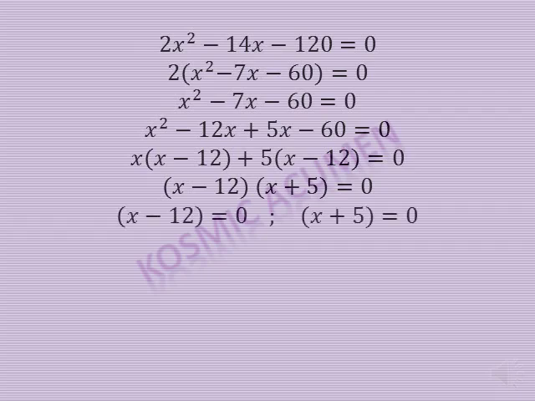So we solve further and we see that x is equal to 12 and x equal to minus 5 are the 2 values of x that we've got. Now seeing the question once again, and looking at what we had assumed, we'll see that the base we had taken to be x. So the length cannot be negative.